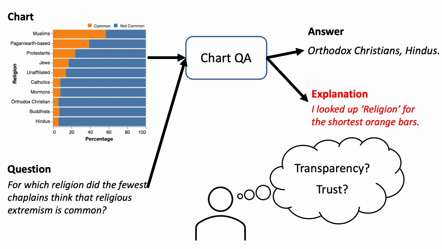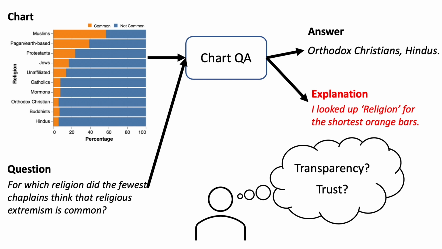Here the explanation, "I looked up religion for the shortest orange bars," indicates that the system performed an argmin operation on the orange bars that correspond to the response common. With the answer and explanation, the user can see that the system interpreted the question correctly and performed correct operations to